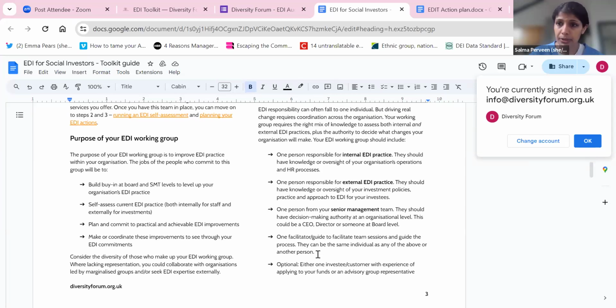We also suggest as an option having an investee or customer with experience of applying to your funds, preferably from a minoritized or underrepresented background, who is also compensated for their time. As good practice, some organizations, for example, have whole customer advisory boards. But including them in your EDI working group can really help with a power shift, in terms of redistribution of power, but also listening to the main audience when you're implementing changes to EDI in your